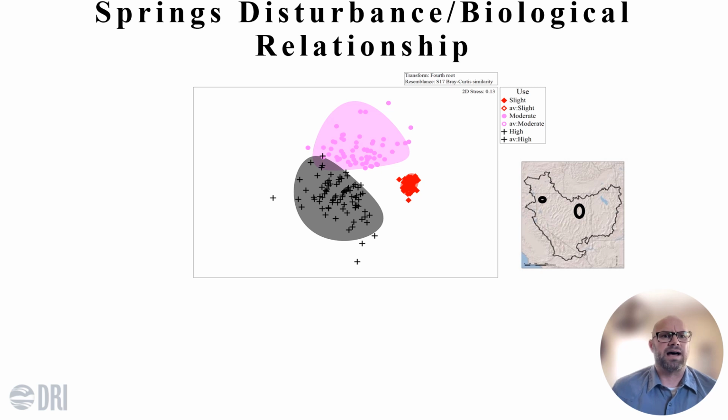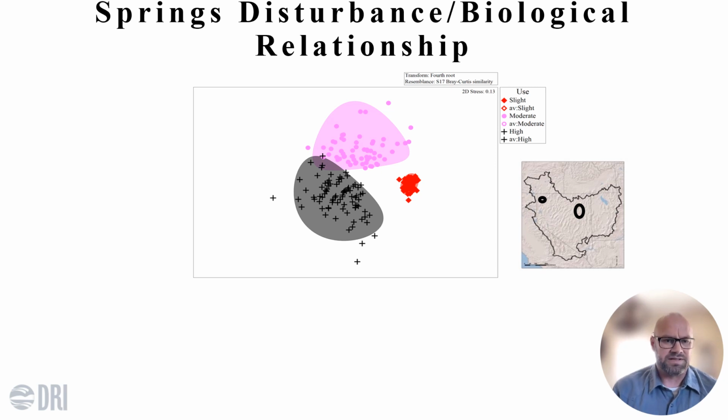The first thing we looked at was spring disturbance based off of those 3 categories I just talked about versus the biological relationship. So what you're looking at here are non-metric multidimensional scaling plots, or NMDS plots, which are distance-based ordination analyses. So what we're looking for is similarities or differences within the BMI communities based off of the disturbance levels. So in red, we have slight disturbance, and in pink, we have moderate disturbance, and gray, we have high levels